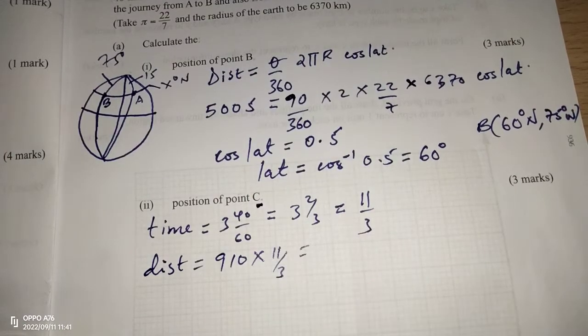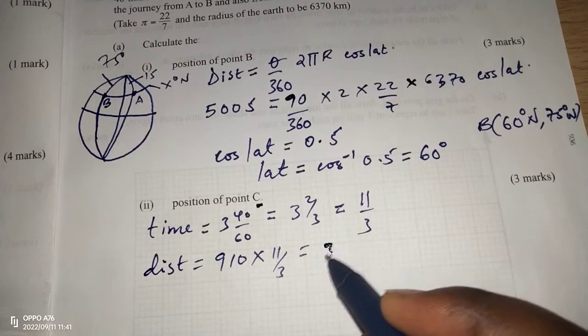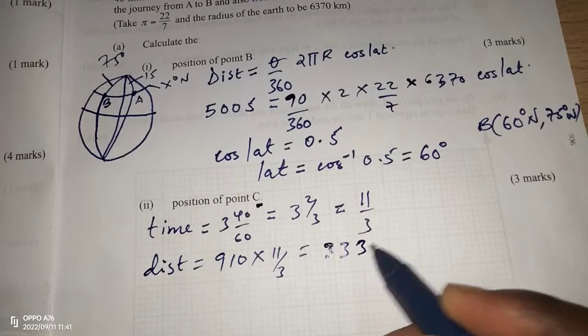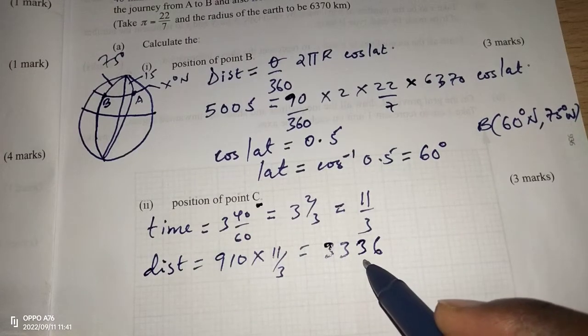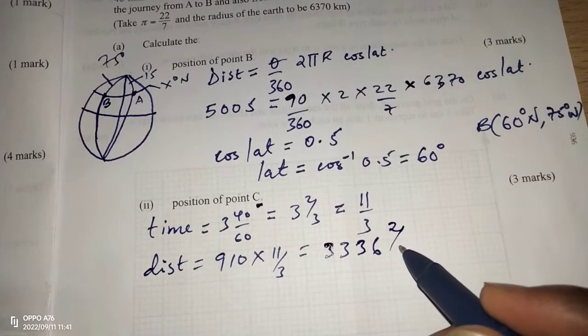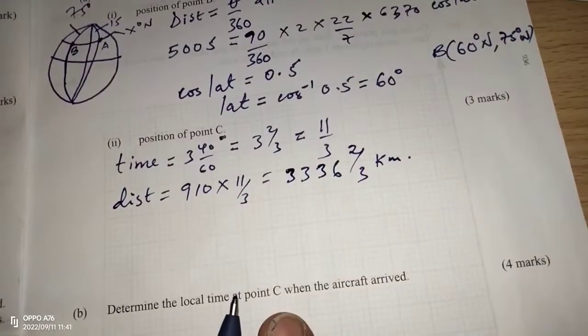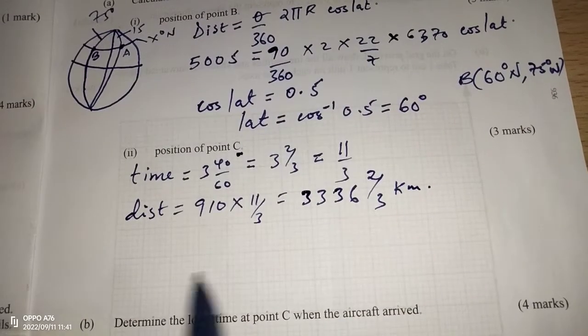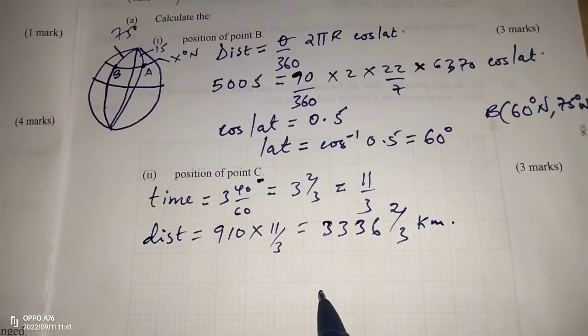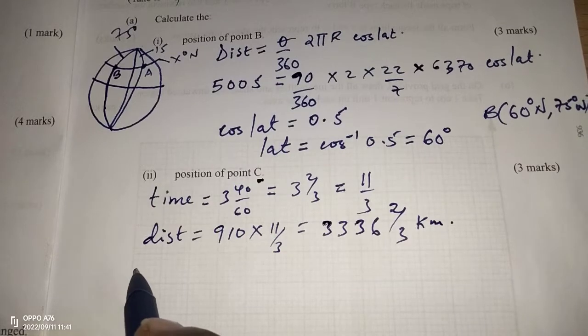Speed times time. So 910 times 11 over 3, which is going to give us 3,336 and 2/3 kilometers. So if we have the distance, then we can get a formula which gives us distance along a great circle. In this case, we shall have this distance of